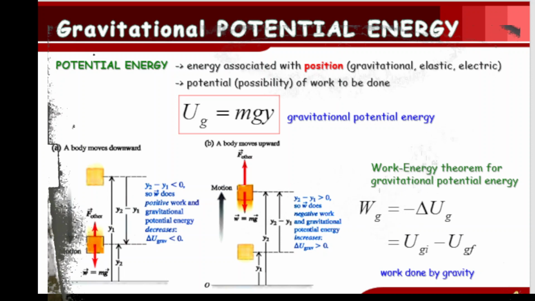When we say potential energy, this is the energy associated with position, like for example, the gravitational, elastic, or electric. So when we say potential energy, this is the potential or possibility of work to be done, where we will be using